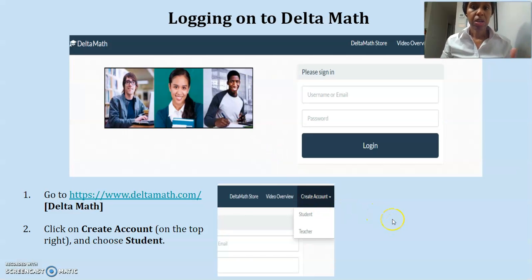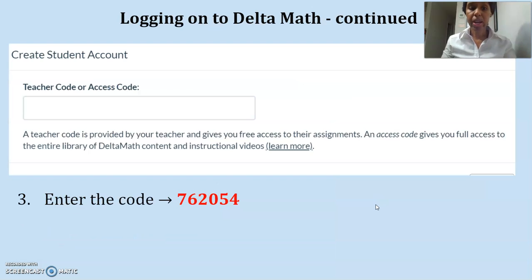Delta Math. Not all of you, some of your transfers didn't have that, but all the rest of you had summer assignments, so you should already be logged on to Delta. But I'm going to be creating your sections, so that way if I do assign any Delta Math homework, you'll know what you need to do. So that is all there, and my code, that's the most important thing you need to know, is there too.